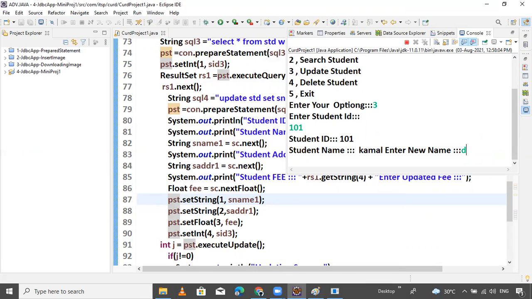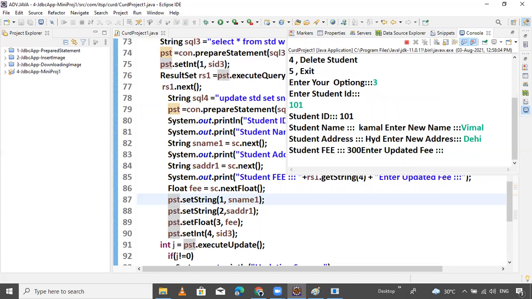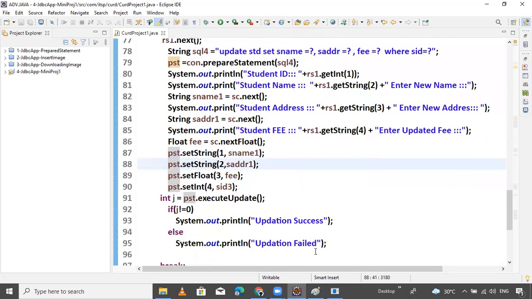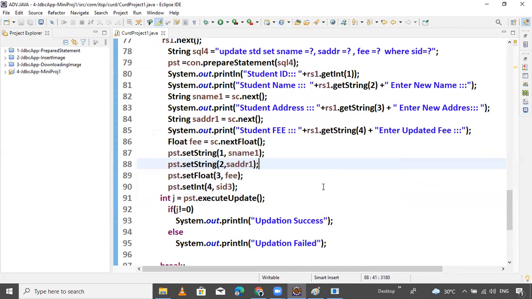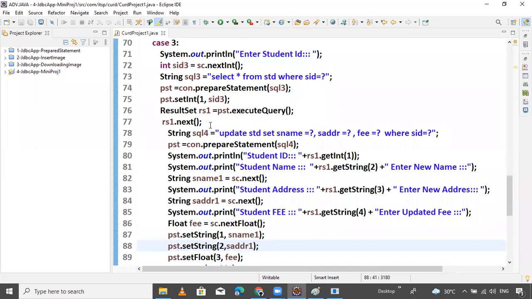I want to provide, suppose, Kamal Beamer. Hyderabad, Delhi. Fee 3,000. Now the record is updated successfully. Record updated. Now check it. Vimal, that's it. Your updated model is better. Now observe this.